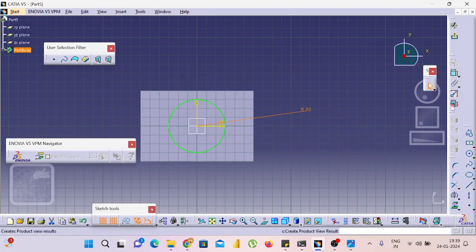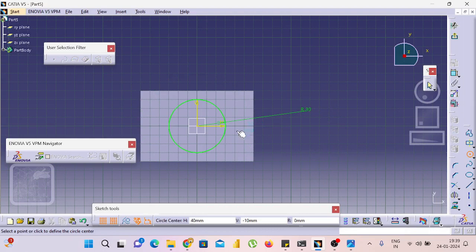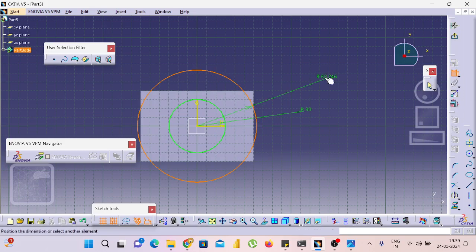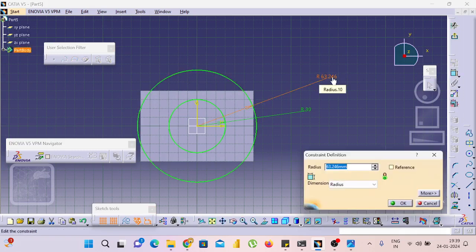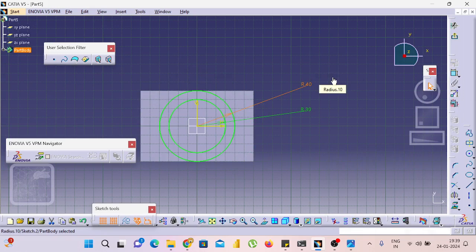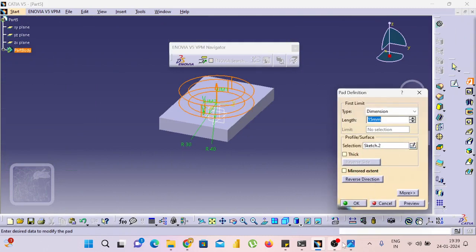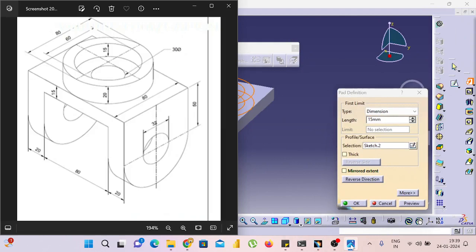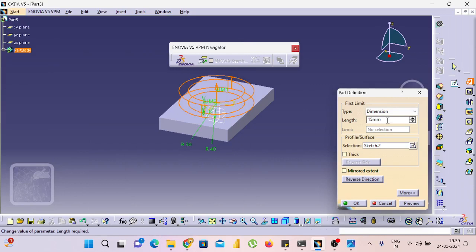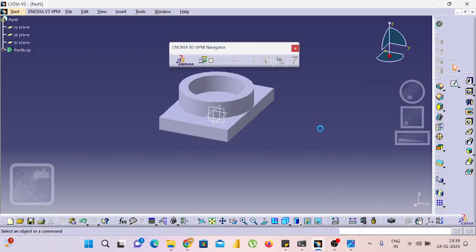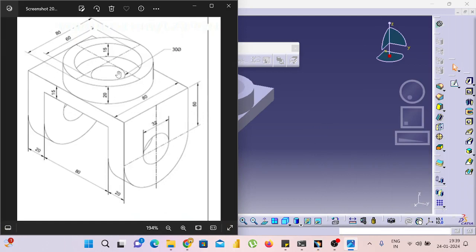Oh, no. Right, after I create the circle, exit workbench, extrude. How much? Extrude 20. I will select the 20. Okay, again one more circle is there, a through circle with a diameter of 30, with a length of